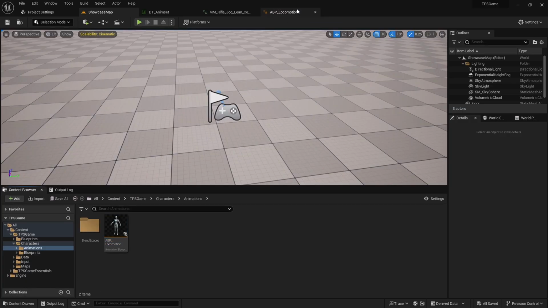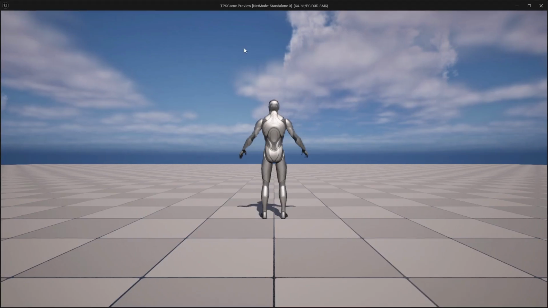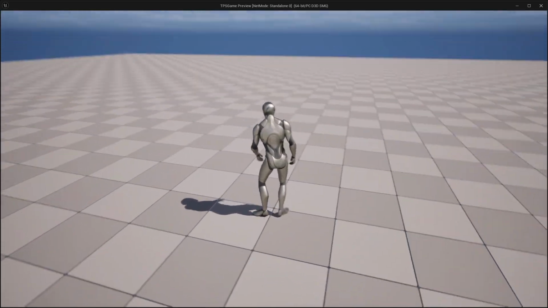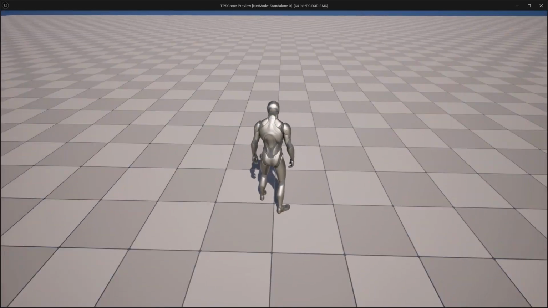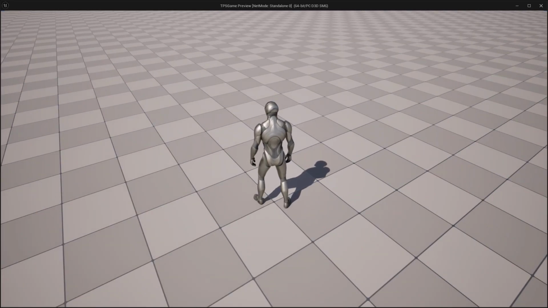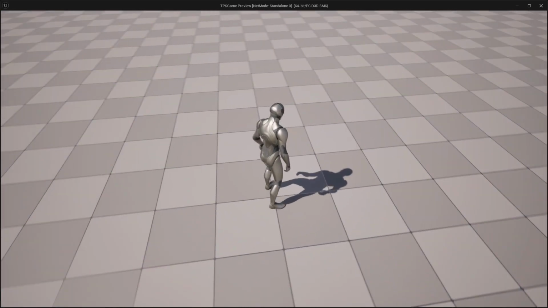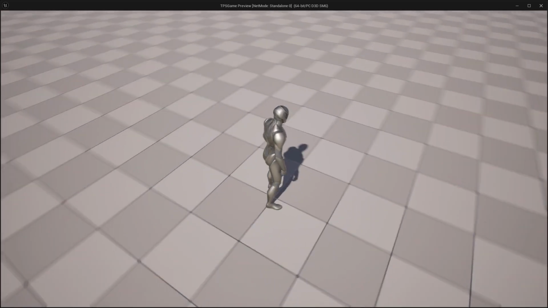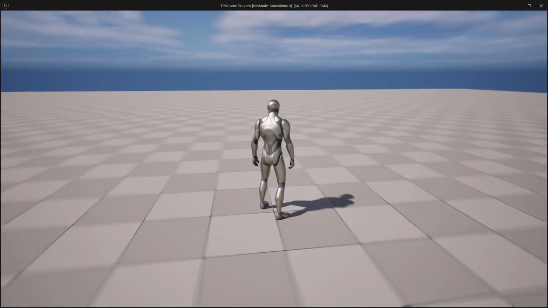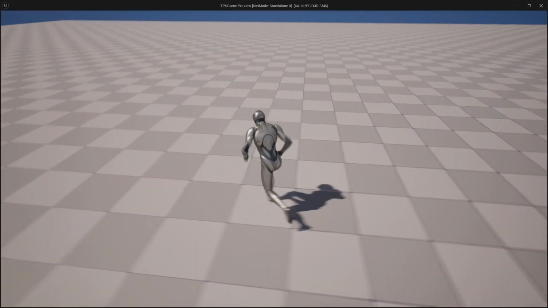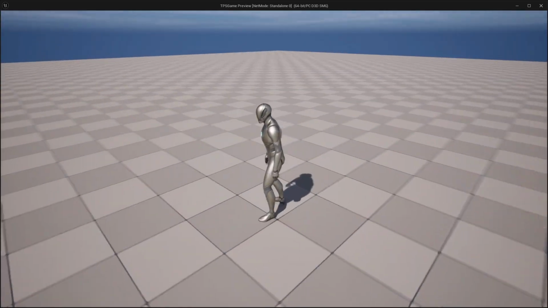Okay, so previously we have covered turn in place animations. If I quickly show you the demo, now we have this nice looking turn in place, right? Before implementing this turn in place animation, there was a foot sliding, but since now we have a proper root based turn in place, that foot sliding has been gone, right? So now what we can do is improve our start anims further,